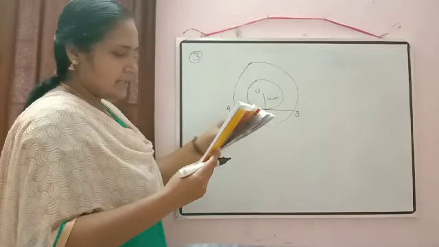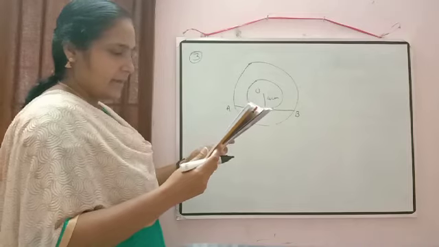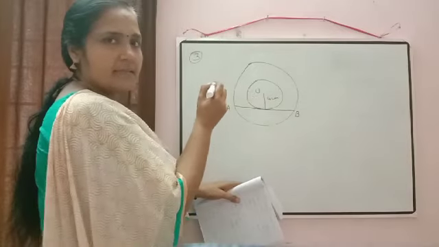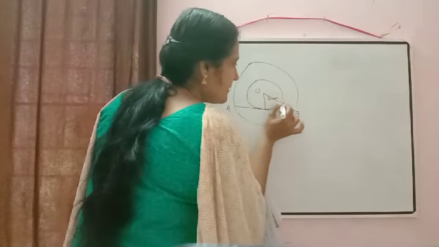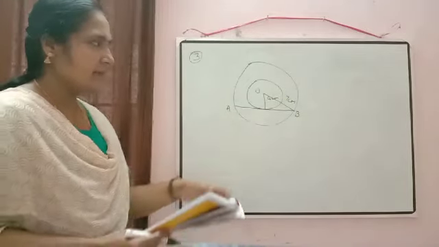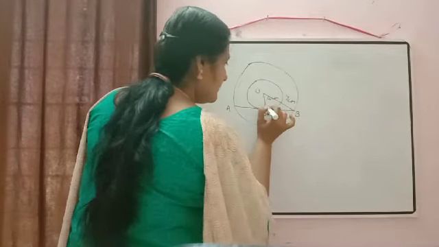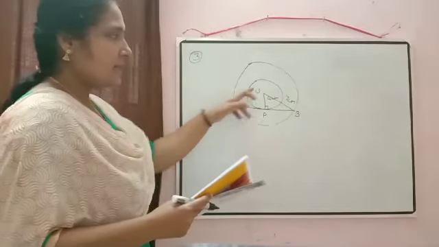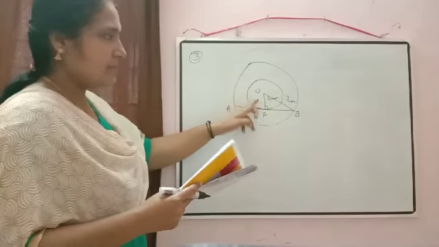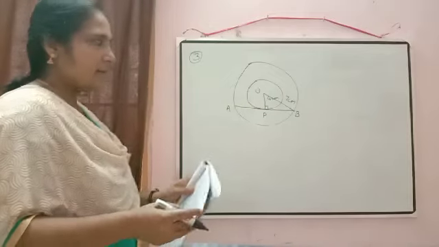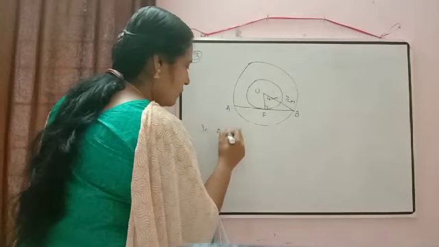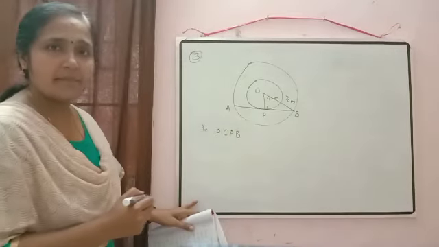So radius of the smaller circle is given 4 cm and radius of the bigger circle is given 7 cm. So OB is the radius only for the bigger circle. So here we can mark 7 cm. OB is given there 7 cm, and since AB is a tangent to the smaller circle at P, we can use the property radius is perpendicular to the tangent. So at present we have a right triangle OPB.